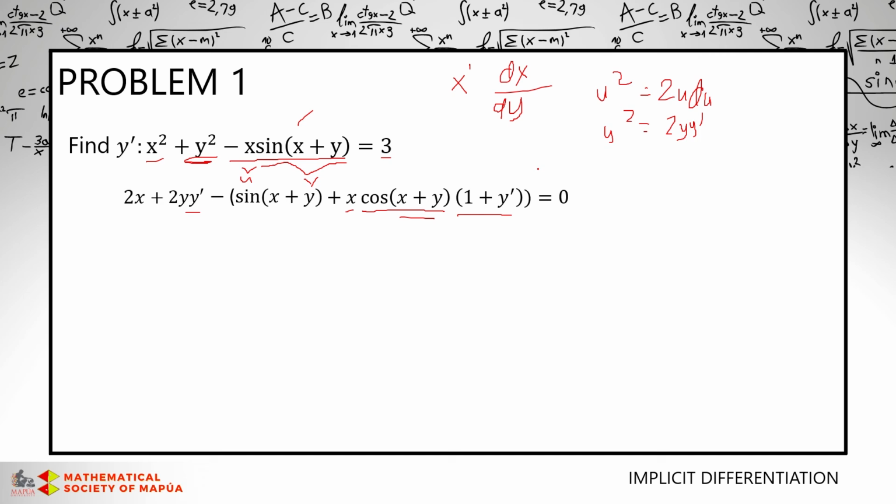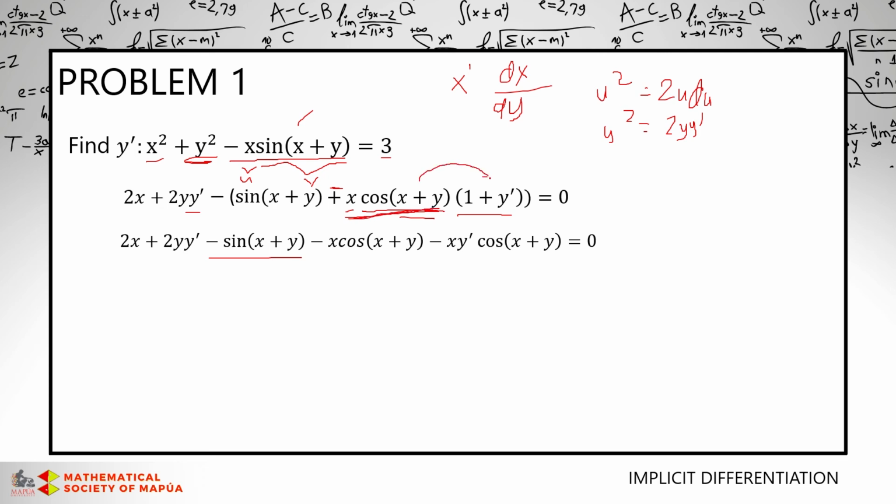Okay, and then the next step would be simplify natin or i-distribute natin. Siyempre, una, itong negative sign. Itong negative, distribute natin. That's why naging negative na tong sign natin. And then, ito would also be negative na rin pag distribute, diba? And then, let's distribute this one. Itong x cosine of x plus y, distribute natin siya dito. So, we have negative x cosine of x plus y, and we have negative xy prime cosine of x plus y. So, once ma-distribute natin lahat,